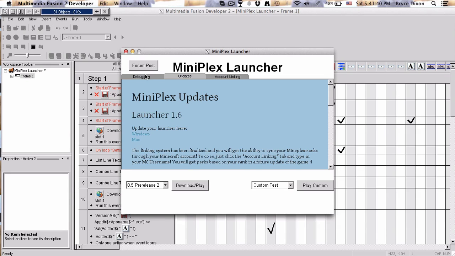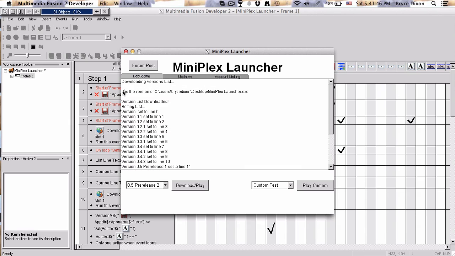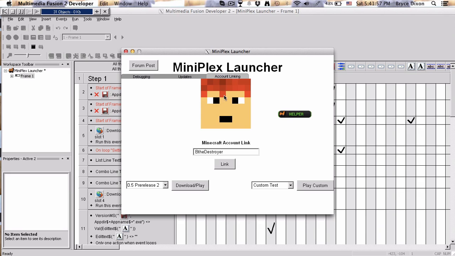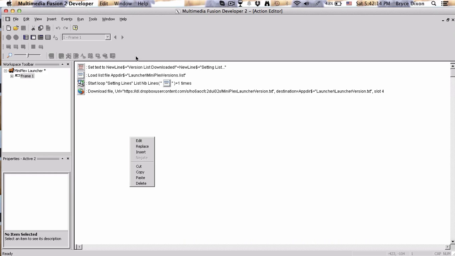So this would say something like 65569 or something like that, and that's just the build. And then downloading version list and setting the picture and the text there. Next, we're going over, because I downloaded the list in slot 1, so I'm saying if the download successfully completed in slot 1, then add a line saying versions list downloaded and setting list, and then